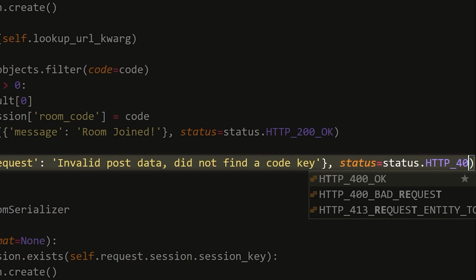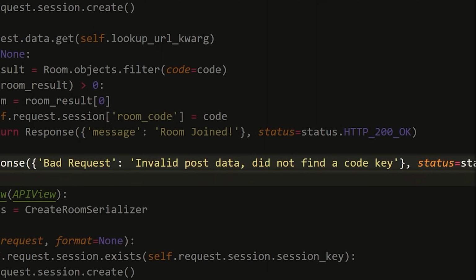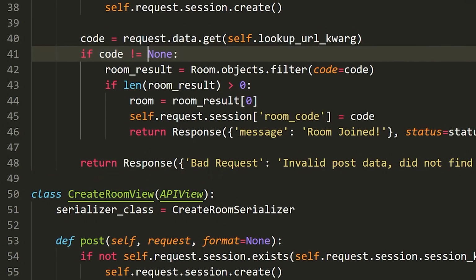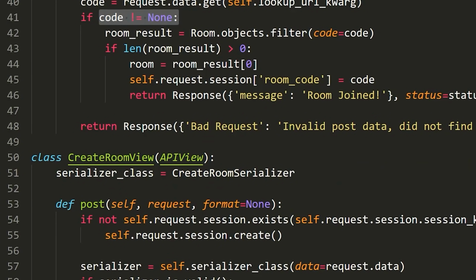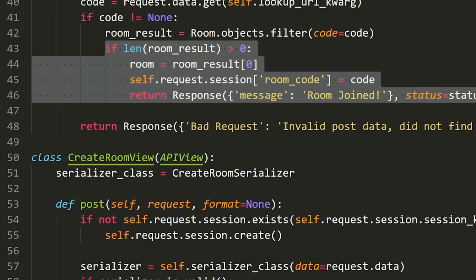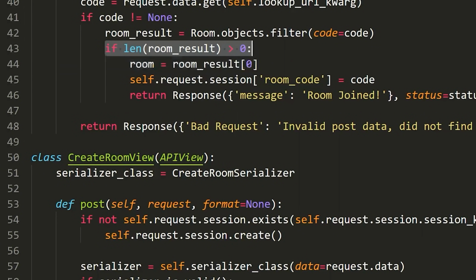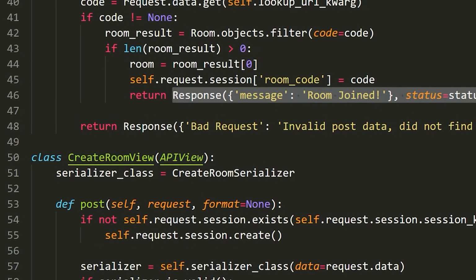Okay, that's interesting, but HTTP_400_BAD_REQUEST. So actually, sorry, that's what happens if they don't send us a room code, but we do need to do something if they don't have any rooms for the specific code, right? So pretty much if the code they sent us was invalid. So I'm going to copy this response, and in fact, I can copy this whole line.